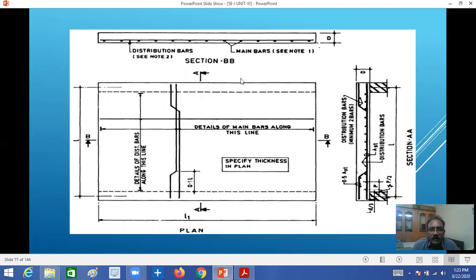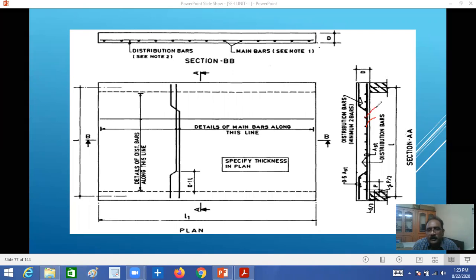If you see, this is the shorter span, with alternate bars bent up and one straight, bent up on both sides. You can do it however you want. This is the typical plan of a two-way slab. The main reinforcement is here at the bottom. See here, this one is the main reinforcement. The dotted is the longitudinal reinforcement, that is the longer span reinforcement, also main reinforcement.